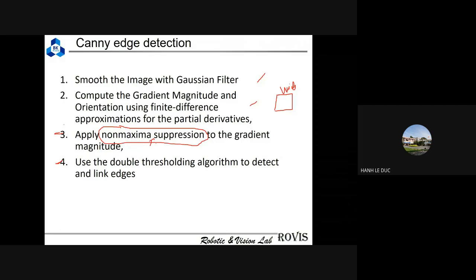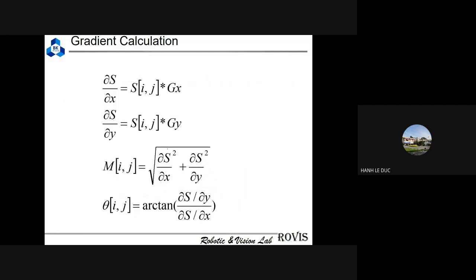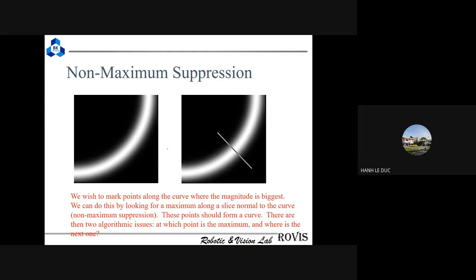Okay, so what is it? This is the non-maximal suppression. Briefly speaking, when you finish step 2, you have the S like this. To reduce it to smaller, or 1 pixel, they will choose 1 pixel on the edge, and then from the direction of it,